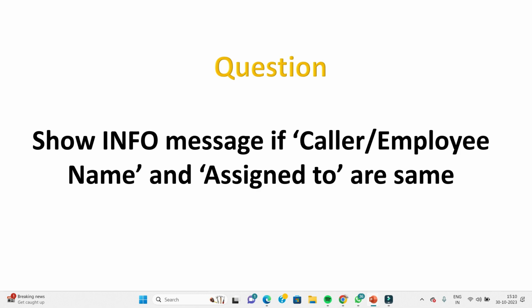Simple. If we open any incident form, for example, the caller is ABC. Whenever we try to assign the same caller in the assigned to field, the caller is different and the assigned to person is different, right? So if the assigned to person is also the same as the caller, directly we need to